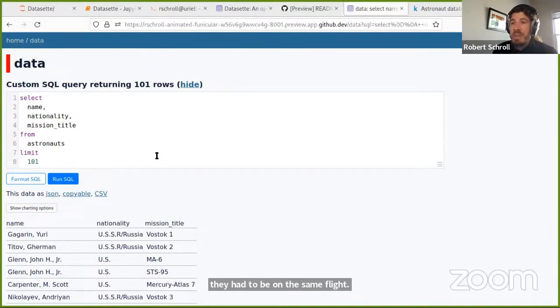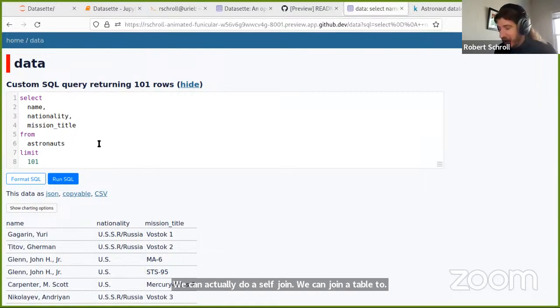And in SQL, we can match these up by doing what's called a join. In a join, we will go find the values in one column in one table and match them up to values in another column in another table. But we can actually do a self join. We can join a table to itself.